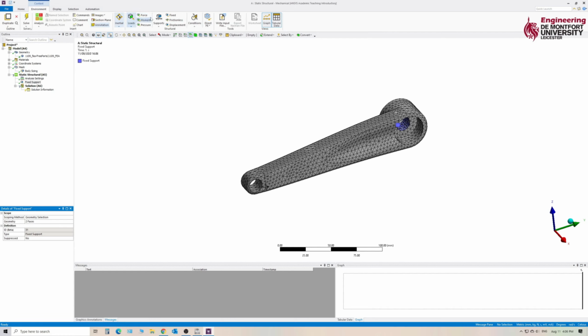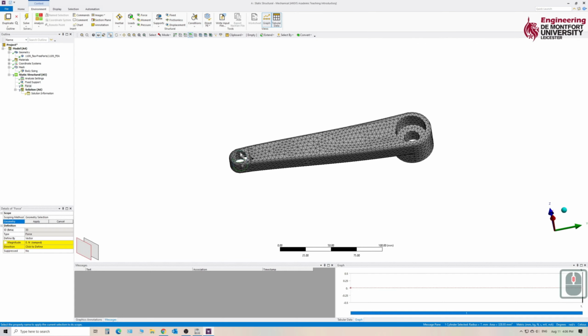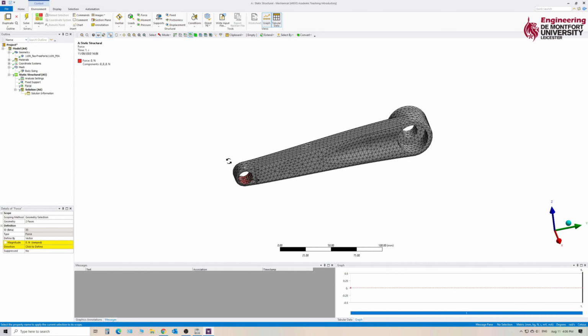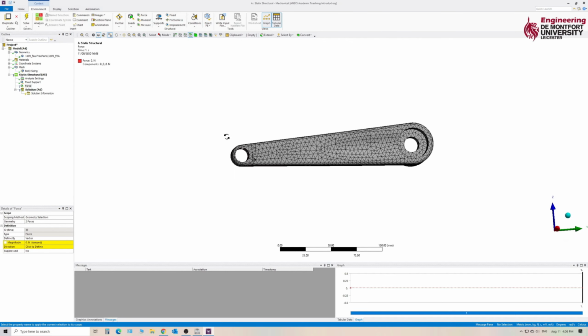So if I come to the top toolbar and click Force, again you can see a force here. I need to give it some geometry. So I'm going to select these surfaces inside this hole. Click Apply. Okay. And now we need to, obviously, force is a vector, so we need to give it a direction and